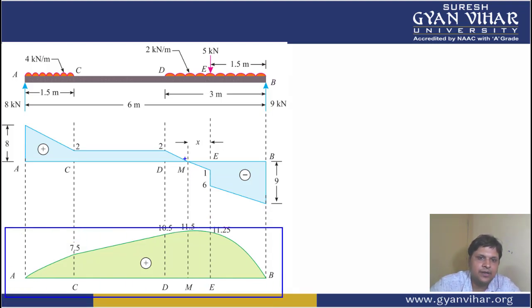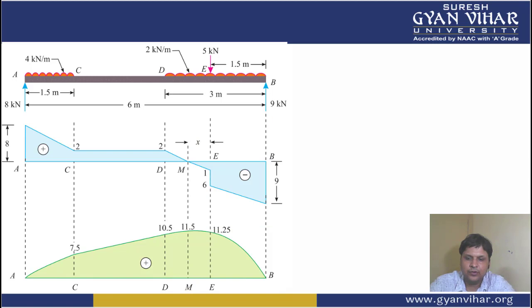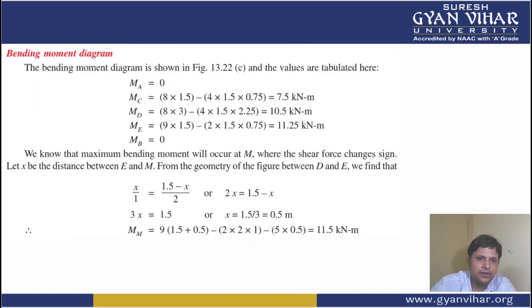One thing you will have to do is that here you see the shear force is changing its direction, and I have already told you, whenever shear force changes its direction from positive to negative, at that point you will get the maximum value of bending moment. So you will have to find where this point lies. For that you will have to calculate the value of x distance. Based on it, we can then calculate the bending moment at this point M. I hope you have understood how we have calculated this.